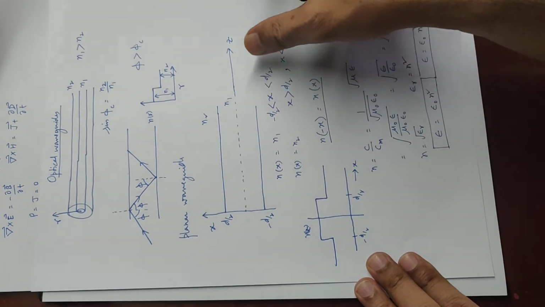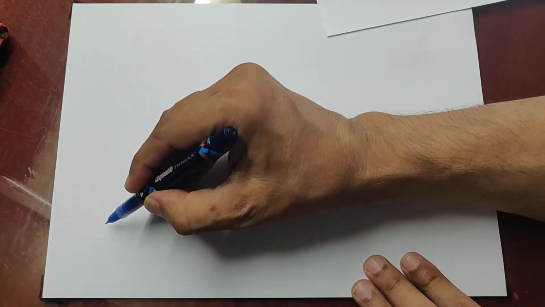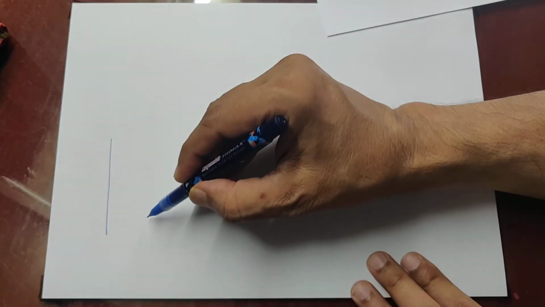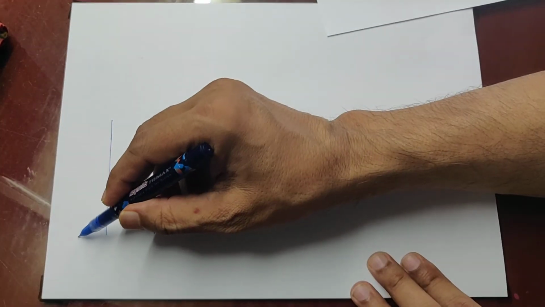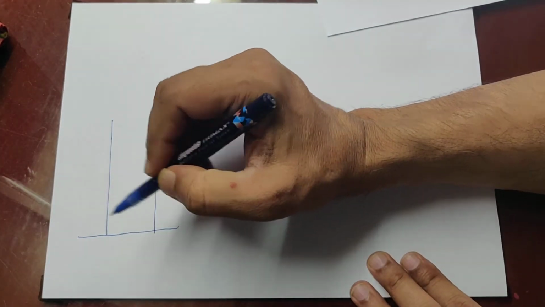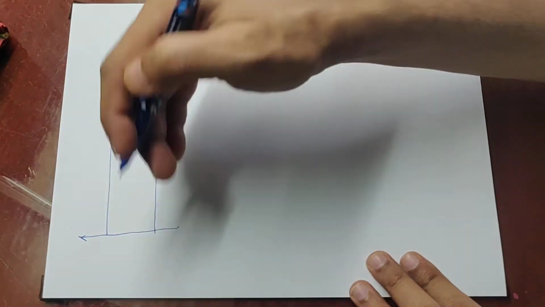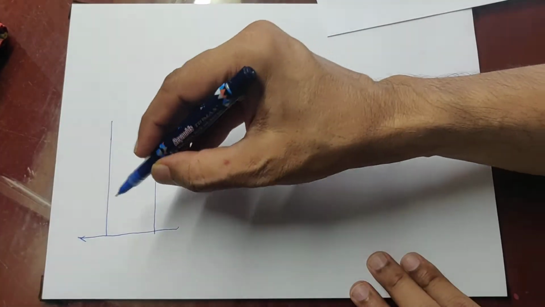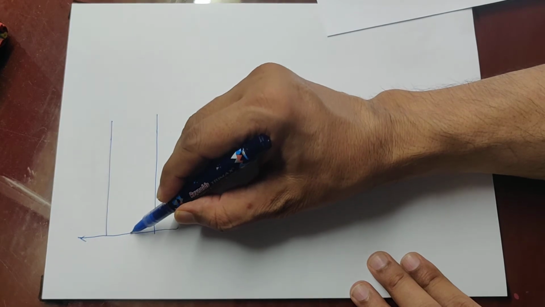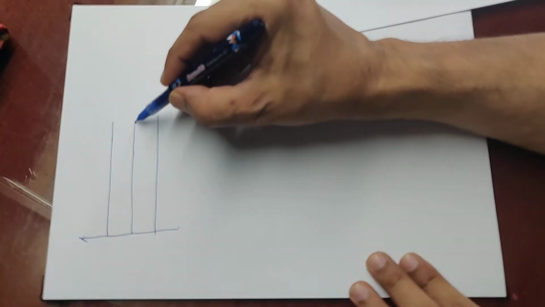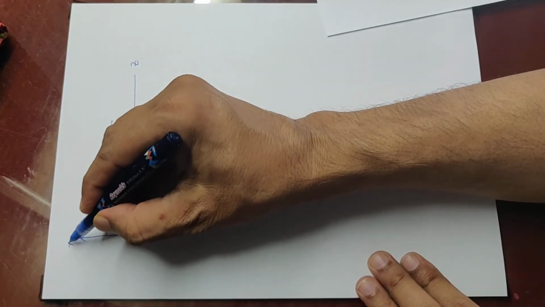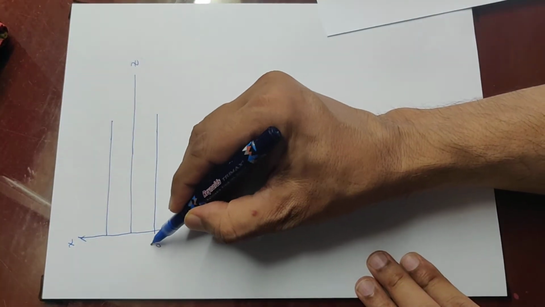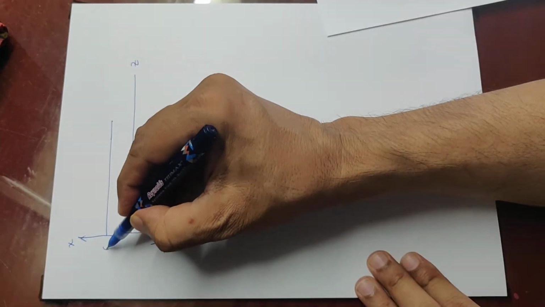This is our planar waveguide. Let me draw it again, so that it's clearer. Planar waveguide, as I had shown it in the earlier diagram, is when two infinite plane boundaries are placed like this across the z-axis. These are two infinite planes. This is the x-axis, and the planes are placed at x equal to minus d by 2 and plus d by 2.